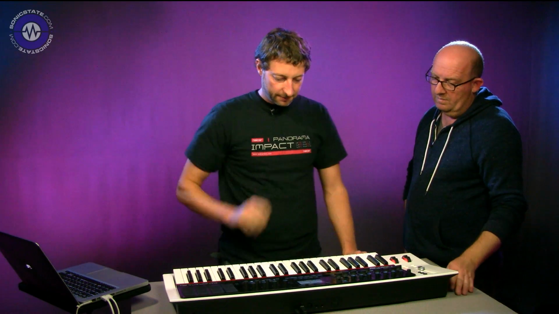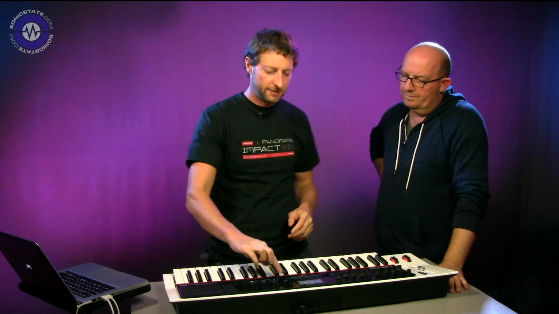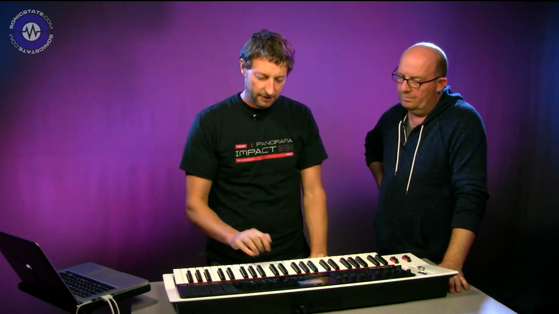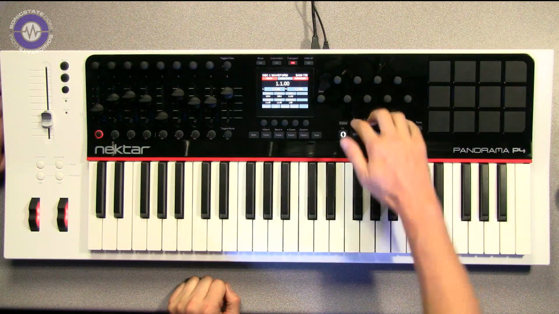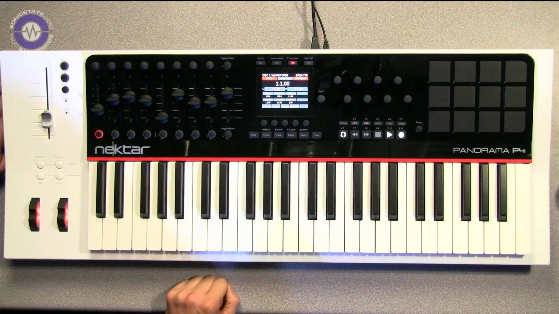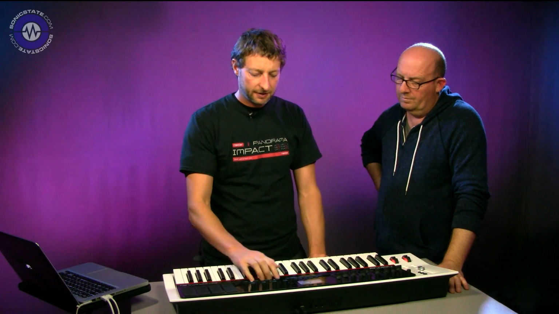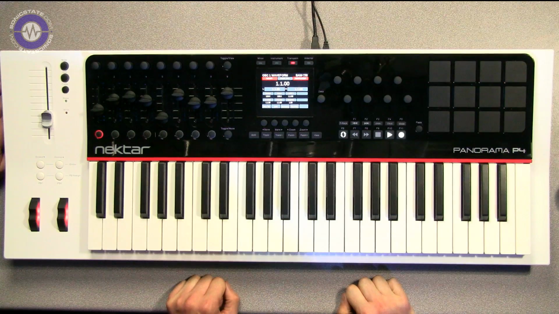Well, we should probably look at transport mode, because transport mode is what often gets overlooked, actually. Most controllers have 6 transport buttons, and we have them too. But we also have this extended transport section. We also have this on our more budget line, the Impact series. We have extended transport, and these 6 transport controls alone aren't